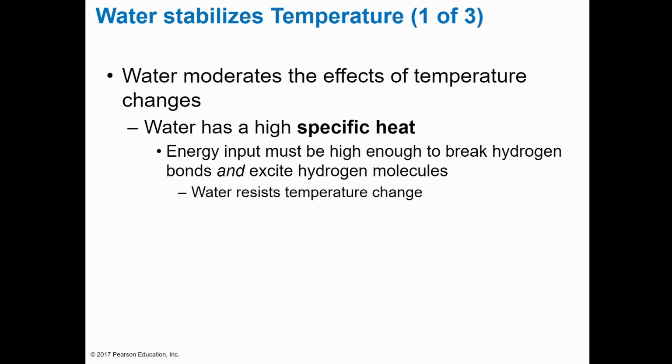The reason that water is able to stabilize temperature or perform thermoregulation is not just because of a high heat capacity and high heat of vaporization. Those characteristics are possible because water has a high specific heat, which is just the statement that energy input must be high enough to break the hydrogen bonds between water molecules. If we don't have enough heat energy, we can't break those hydrogen bonds, and that's a resistant nature to temperature change that water has that produces those characteristics of high heat capacity and high heat